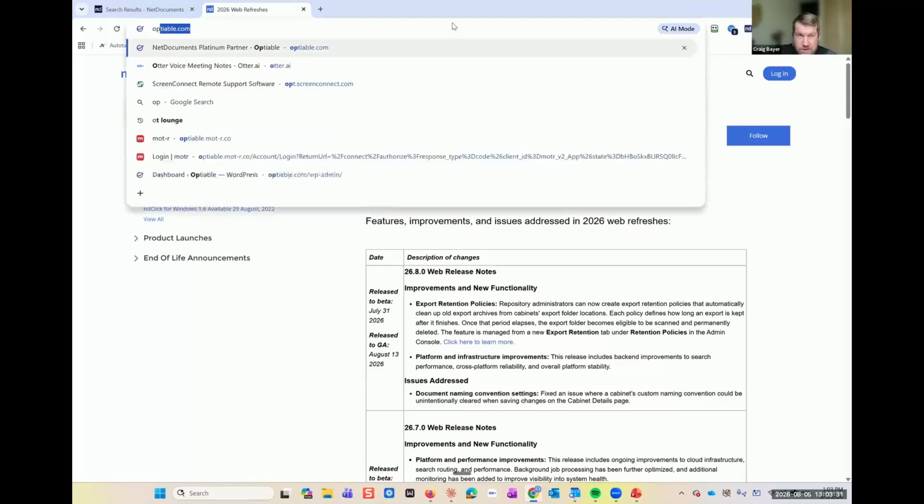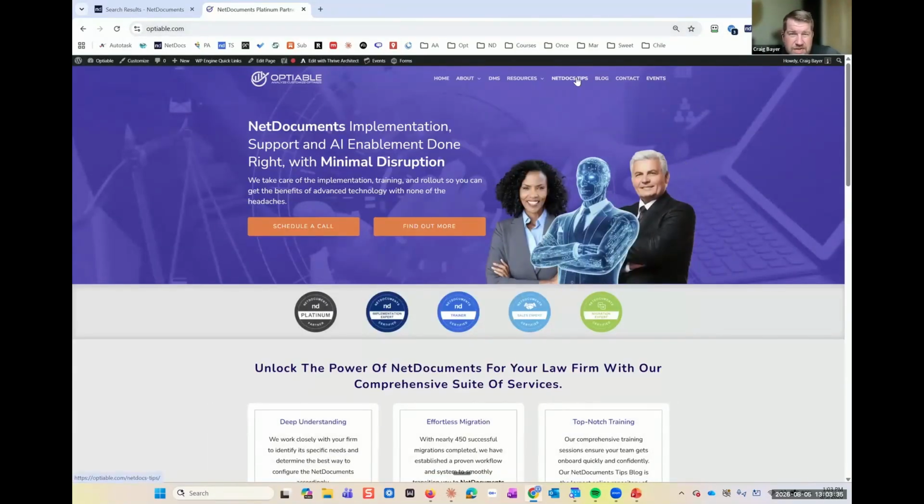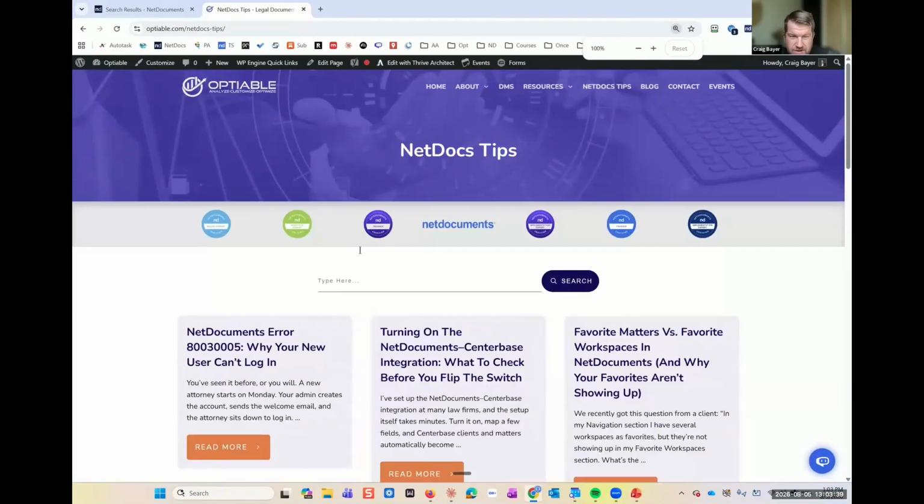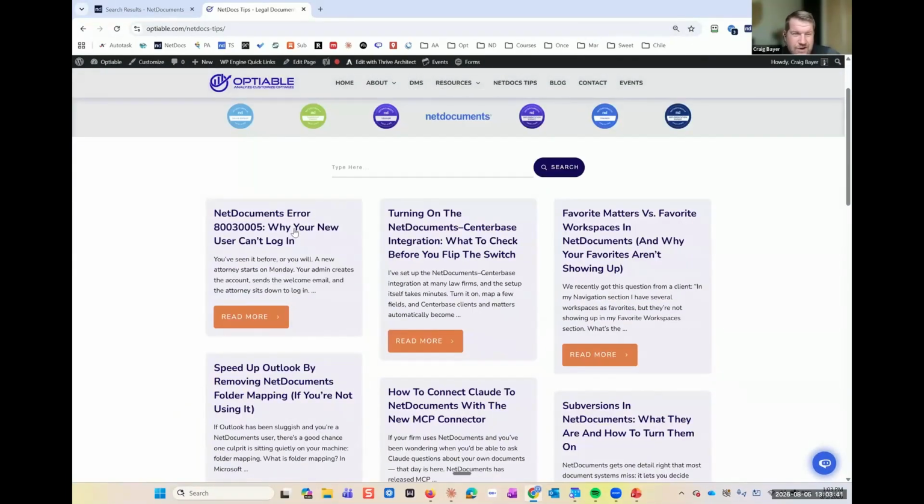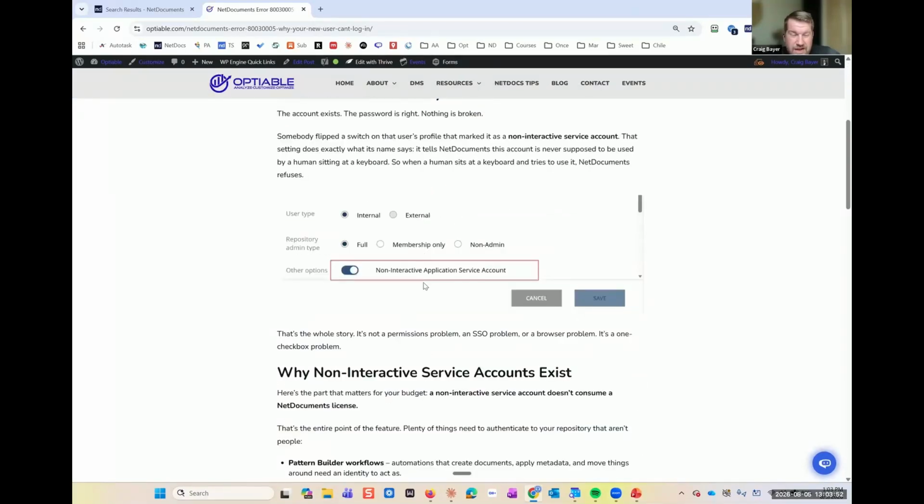Let's come over to Optimal and see here on NetDocs tips. This is always coming up here. NetDocs error when logging in. So we had this today, or yesterday, we created this blog post. Error message, some new user couldn't log in. Never make